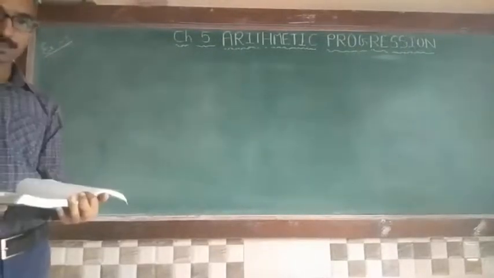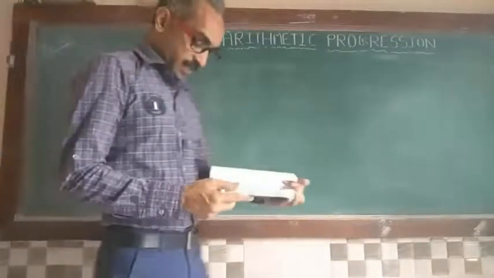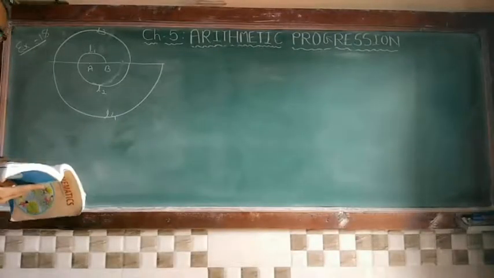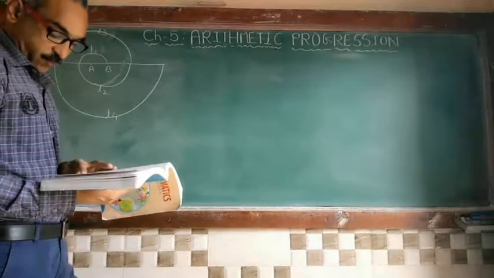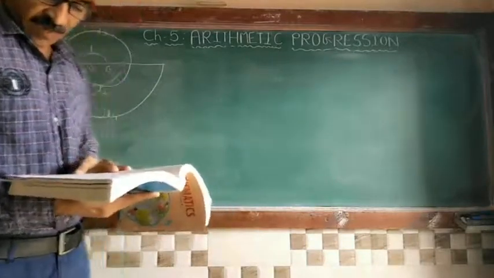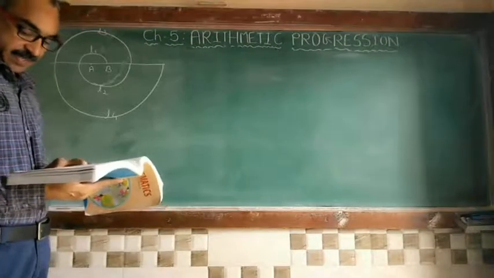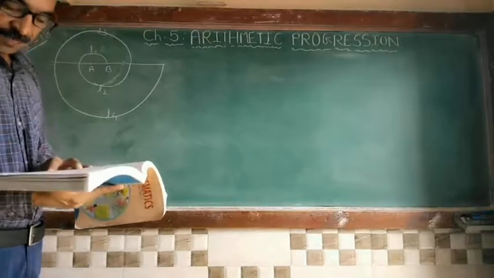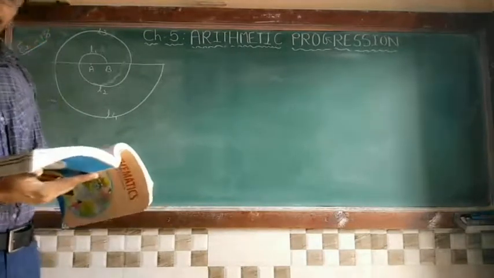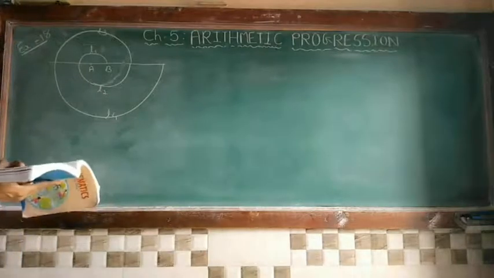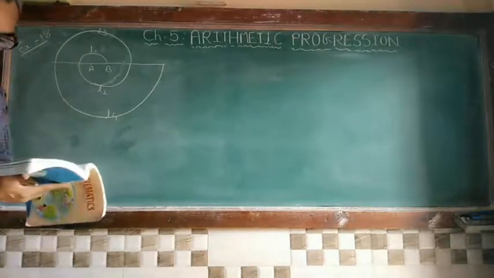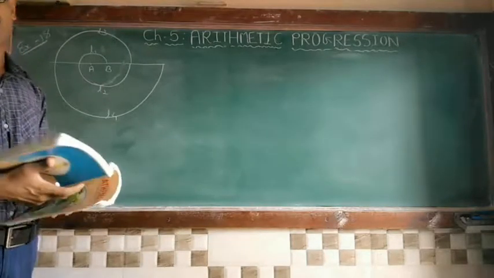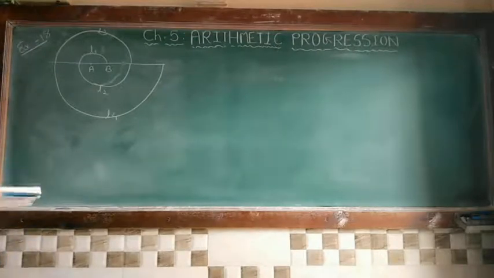Okay. Examples number 16 and 17 are easy, so do them yourself. Now example number 18. A spiral is made up of successive semicircles with the centers alternately at A and B, starting with the center at A, of radii 0.5 cm, then 1 cm, 1.5 cm, 2 cm as shown in the figure. What is the total length of such a spiral made up of 13 consecutive semicircles, where pi is equal to 22/7?